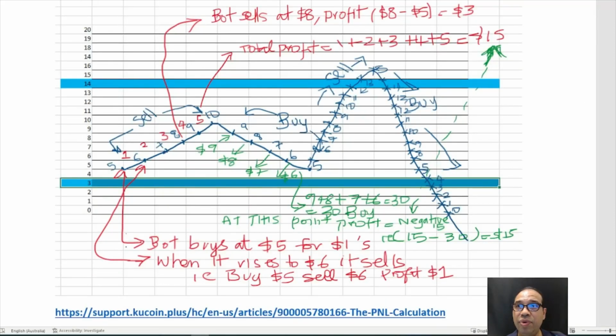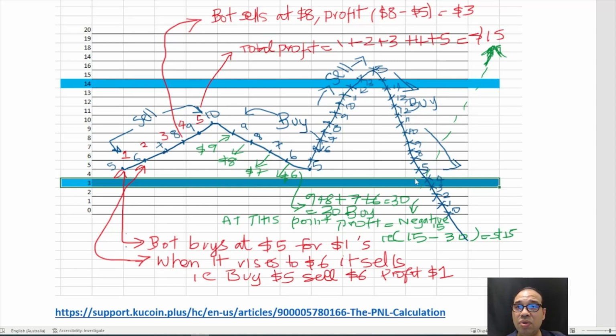I have given a few examples here on when it sells and how it makes profit. So here is $8 minus the $5 which you actually bought, so it makes $3 here. Likewise, this $3 here, 1 plus 2 plus 3 plus 4, makes 15. Likewise, when it's falling down, at this point it's actually buying, so that when it goes up again, it can start selling. So let's say you bought here at 7, now when it goes to 9, it will try to make all the profits. The bot will make the profits while it's climbing up again. So that's how it works. That is the main key of doing it.